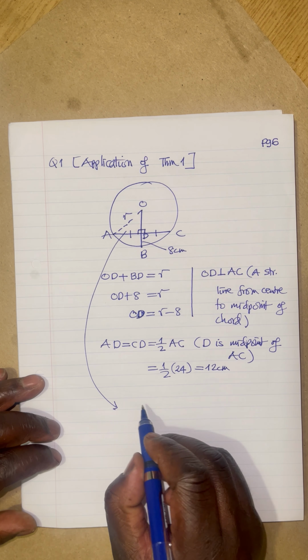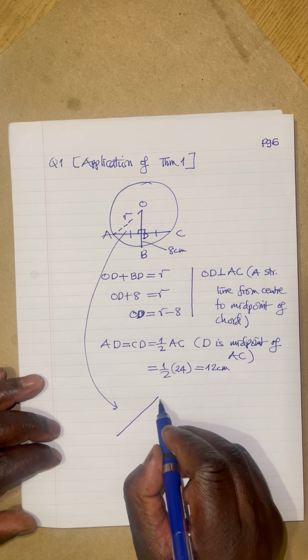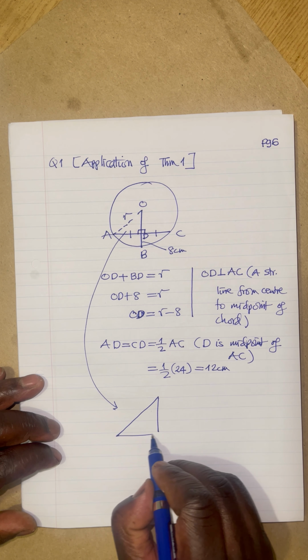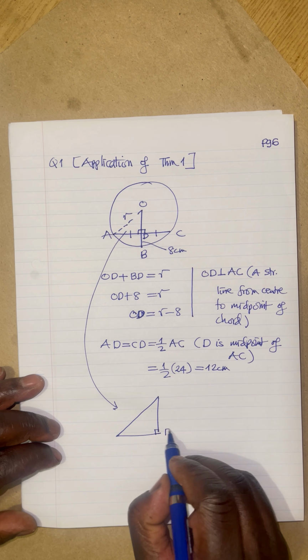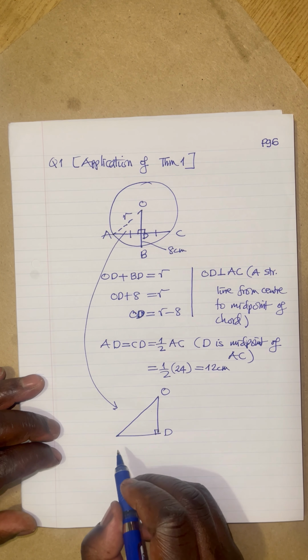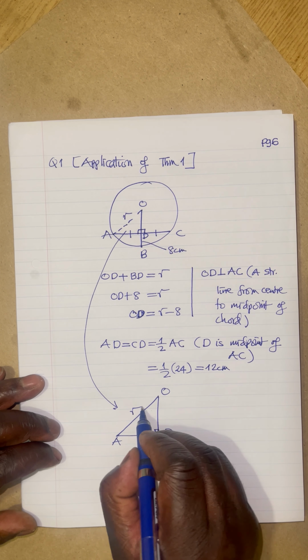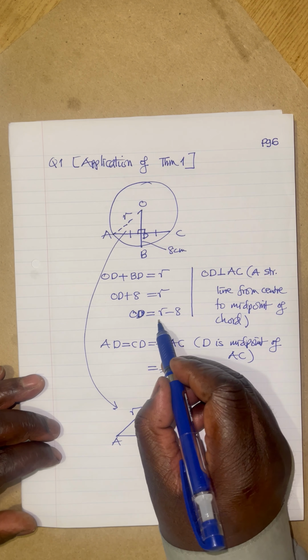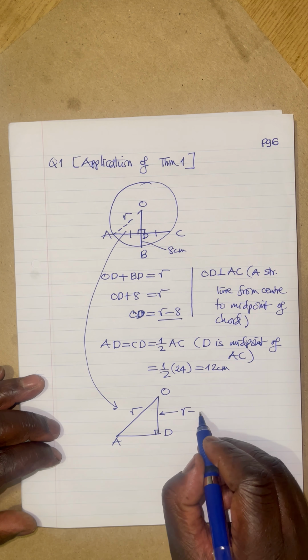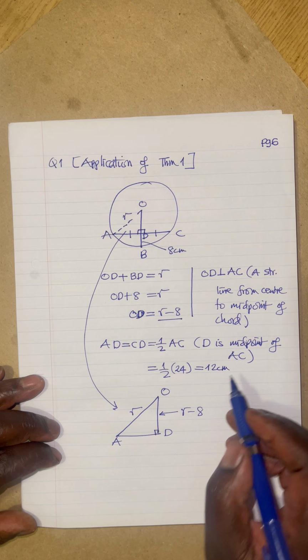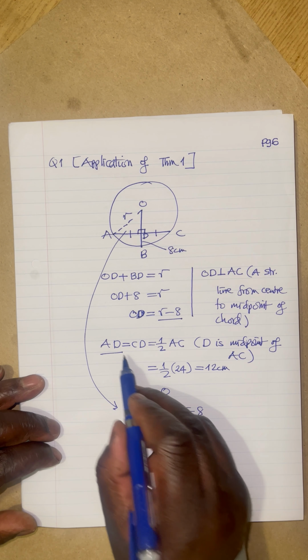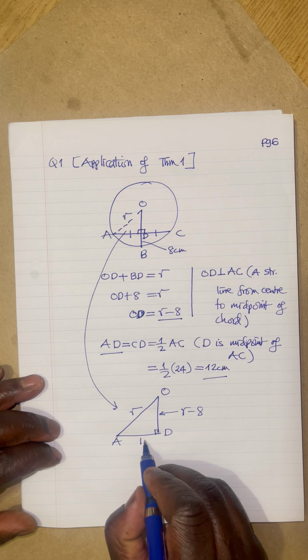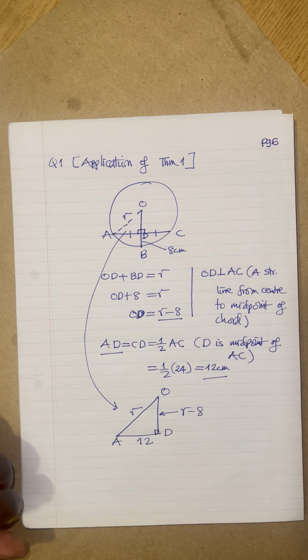Pull out that triangle. It's going to look like this. This is my D, and that's my O, and that's my A. This is R. This distance here, we calculated, as you can see, it's R minus 8. That distance AD is 12 centimeters. I'm going to put 12 there. Now we have to apply Pythagoras theorem